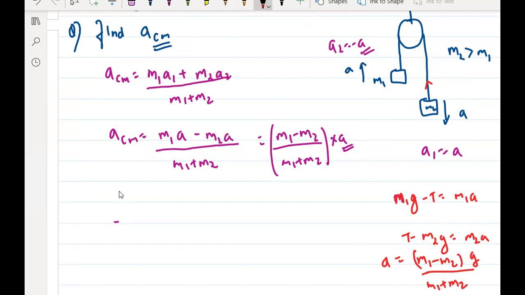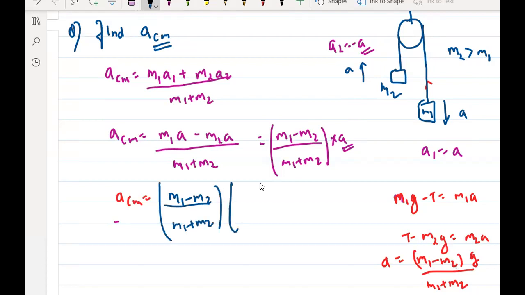So don't you think, what is ACM? Everyone बताओ. अब बताओ ACM वैल्यू क्या है? Okay guys, wait. I just did a very small calculation mistake. ठीक है, मैंने इसको M2 इसको M1 लिया था ना. मैंने कैलकुलेशन में इसको M1 ले लिया है. This is M1, this is M2. ठीक है? Right. So this is what? M1 minus M2 by M1 plus M2 into A,